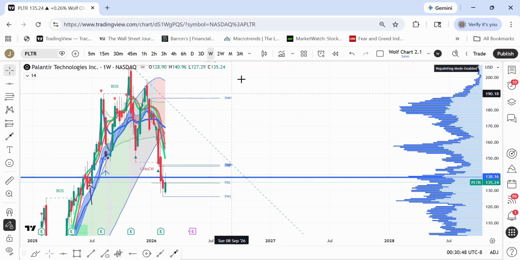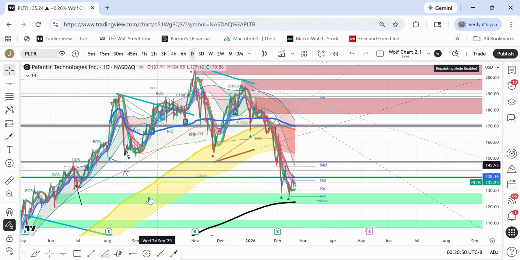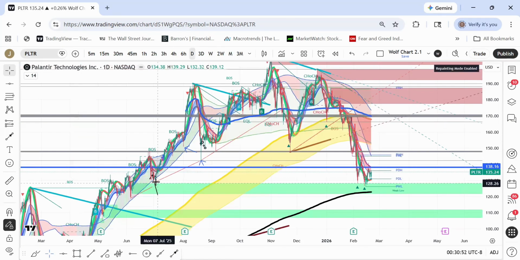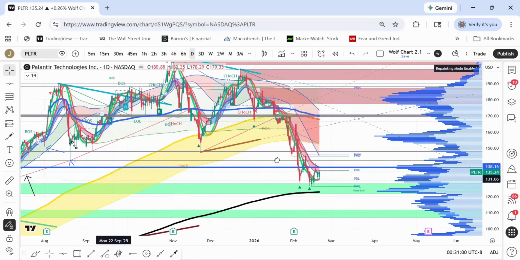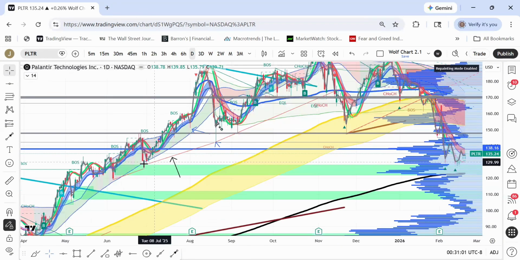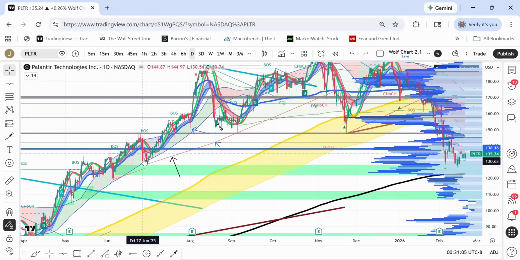That's the last time we were here on a weekly time frame. If we go to the daily, you can also see that lines up with the last time, June 30th, right here. That also lines up with right here, coming up where the last time they dipped back into this internal